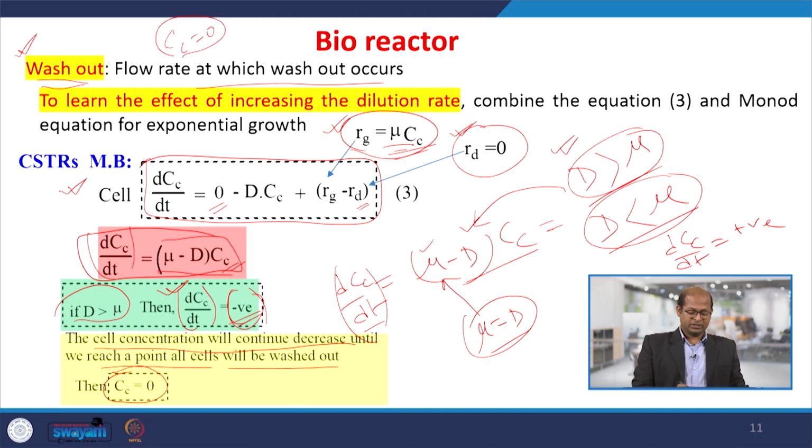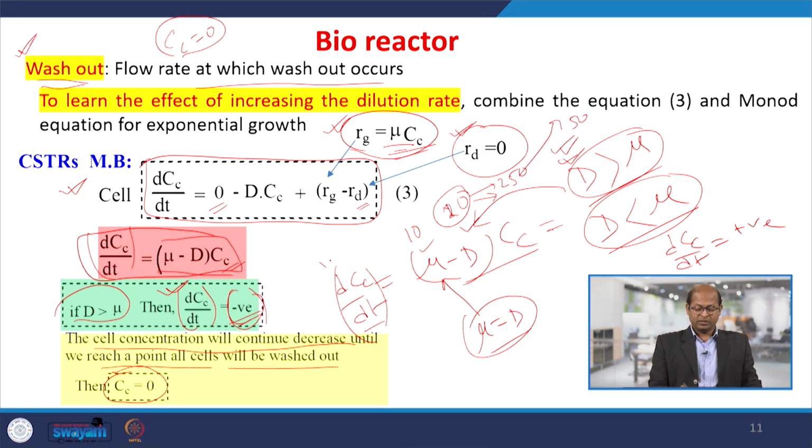Say mu has a value of 10, and D is initially 20. If we increase D to 25, 30, 40, 50 and so on,